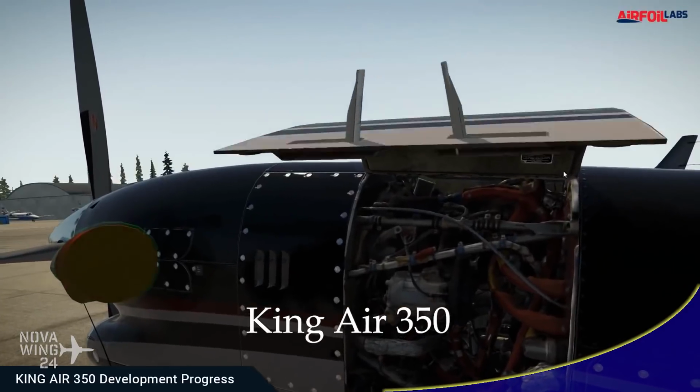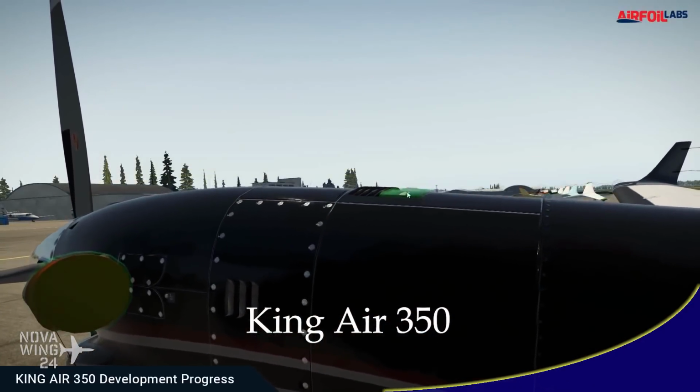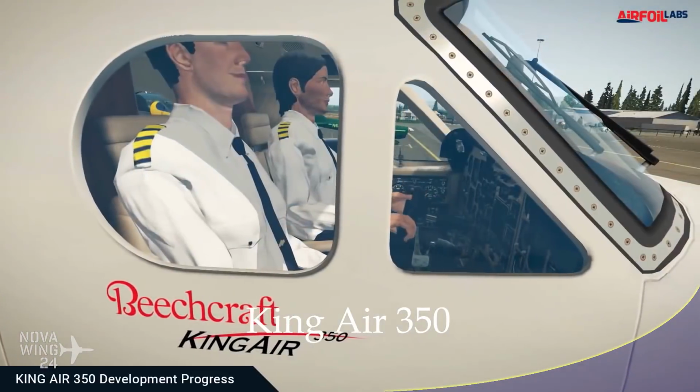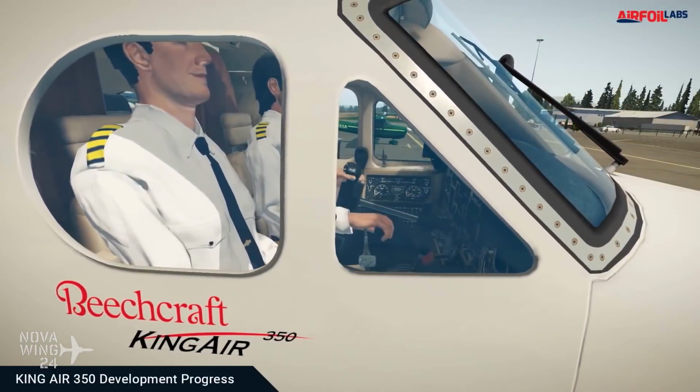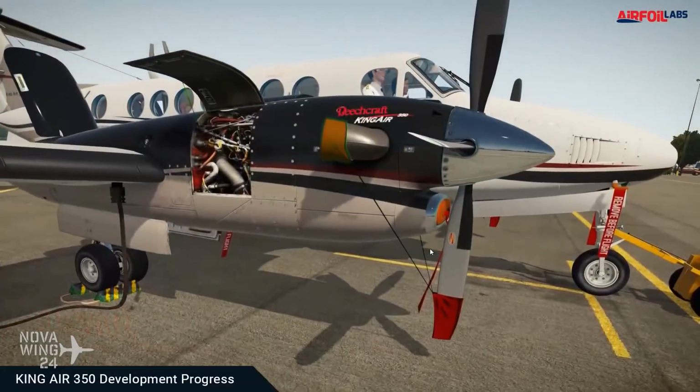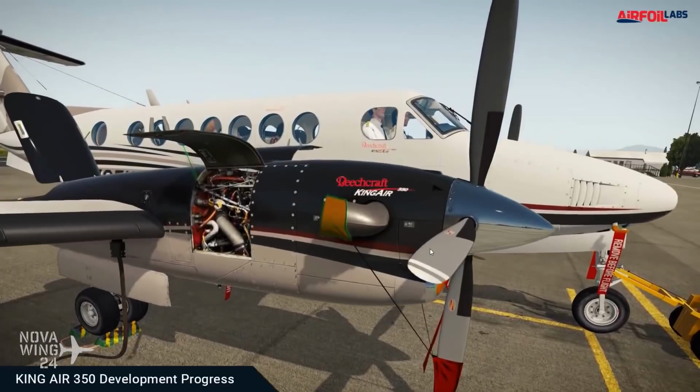So Airfoil Labs have previously brought a few aircraft, including their rendition of the Cessna 172 in high detail, and they've moved into the world of an aircraft that's very close to my heart. That is the Beechcraft King Air 350. Now,